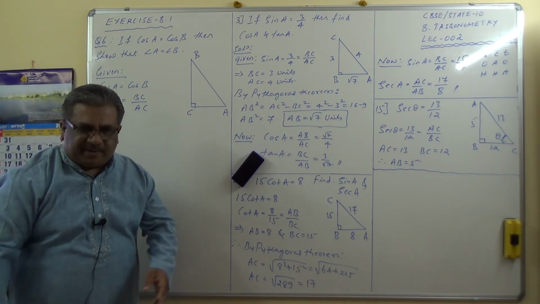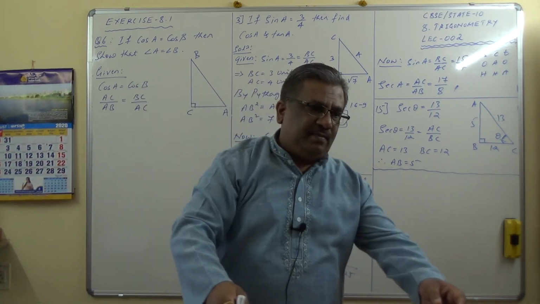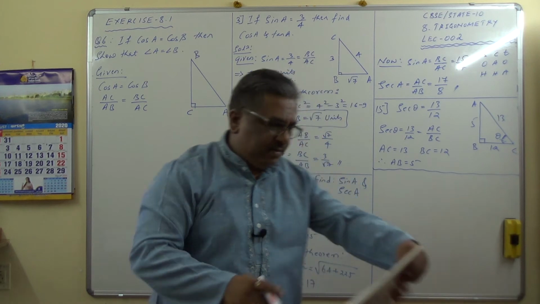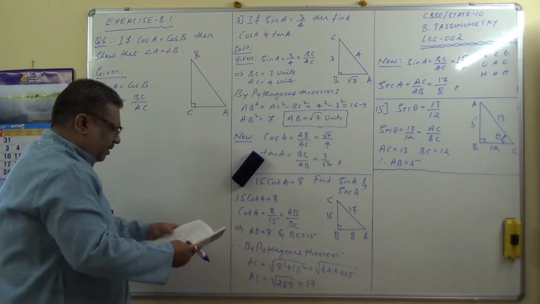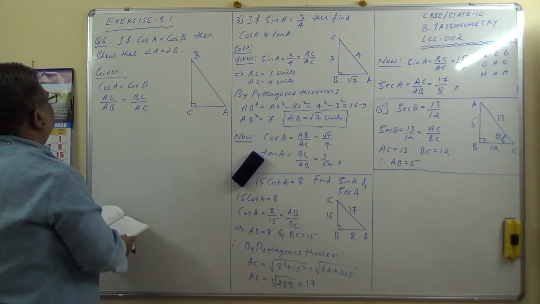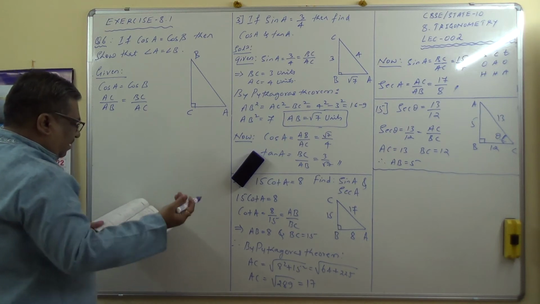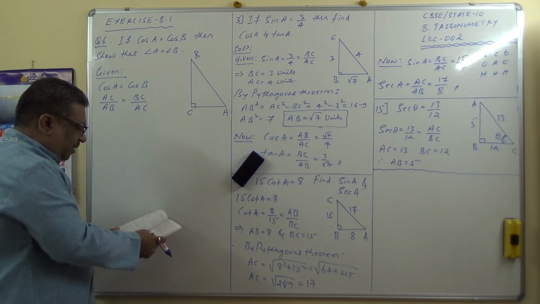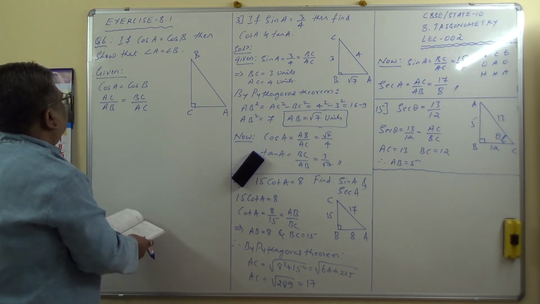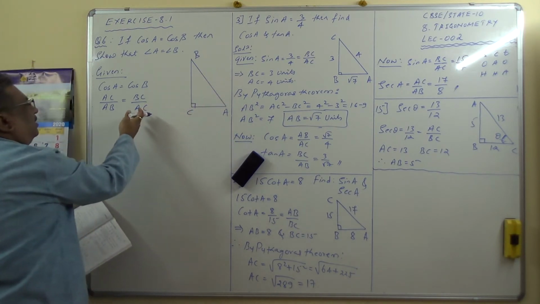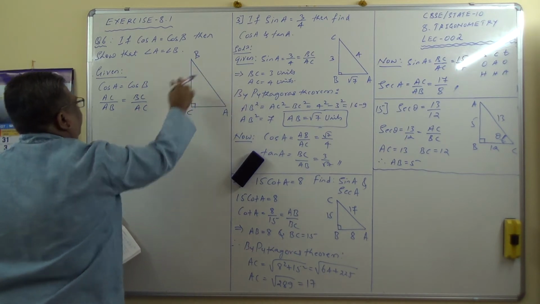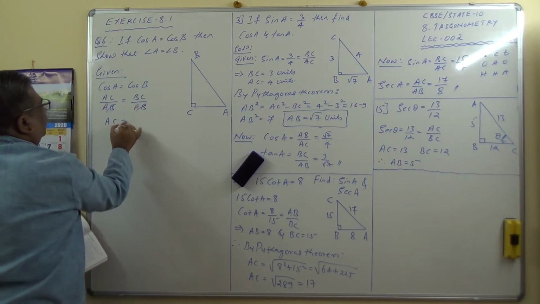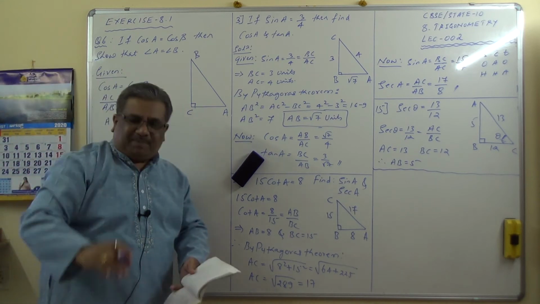Okay, let me check this. I should be able to get something that cancels here. I don't know what I missed. Sometimes it happens. Okay, AC by AB and BC by AB. I have written AC here, but it should be BC by AB. What I have written is wrong here. AB is correct. So AB cancels. AC equals BC. Yes. Sometimes it happens. Okay, don't worry.